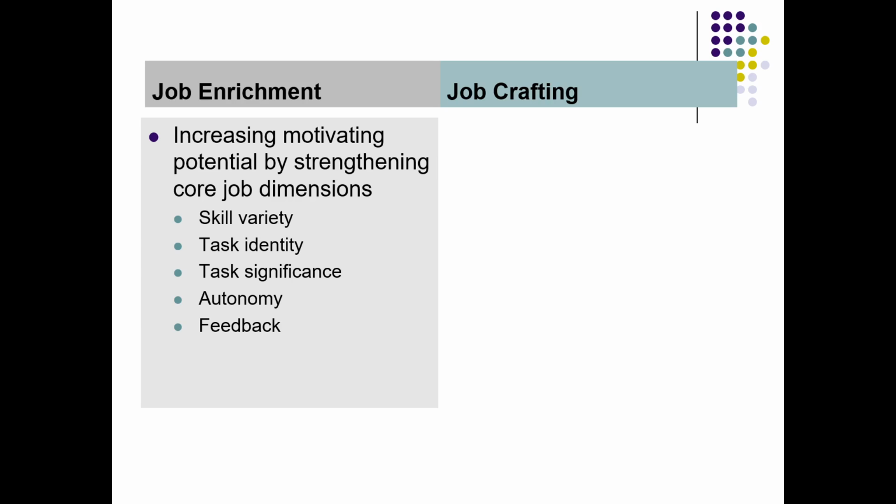There's sort of this basic underlying assumption that motivation will always be tied to greater skill variety, or always will be tied to having a significant task to perform, or will be tied to having a feeling of autonomy. And as we've already talked about in this chapter, not all workers have those same motives, right? For some